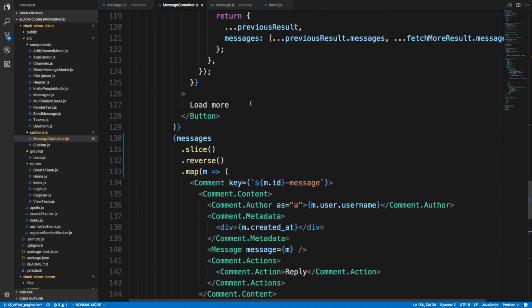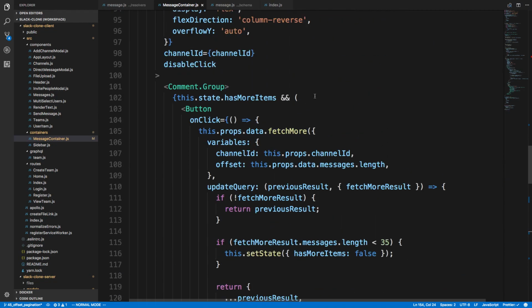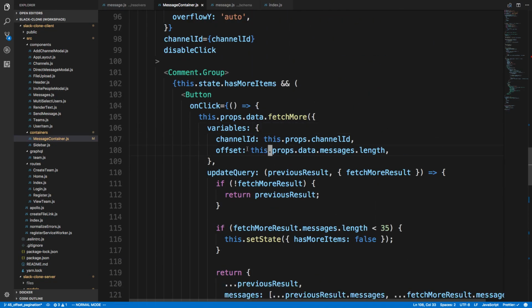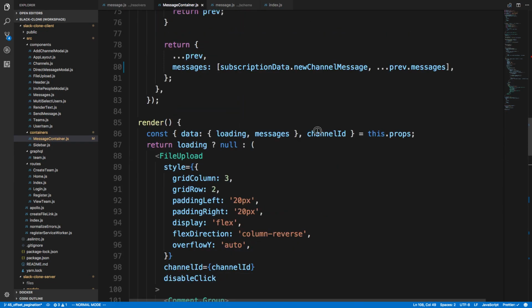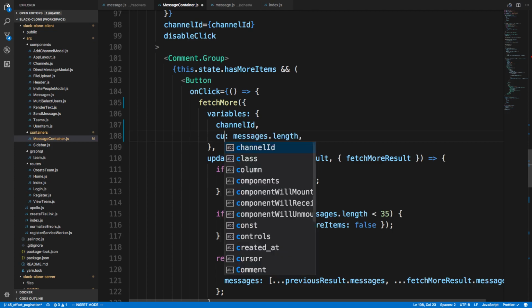And we'll come over here. And now in our fetchMore. Now I don't know why I was doing this dot props, because we already are grabbing those items right here, and we can even get fetchMore there. So now I can just shorten all this stuff. So fetchMore, and we have the channel ID up there, and we have messages. Okay, but we're not doing it like that anymore. Instead we're going to do cursor,